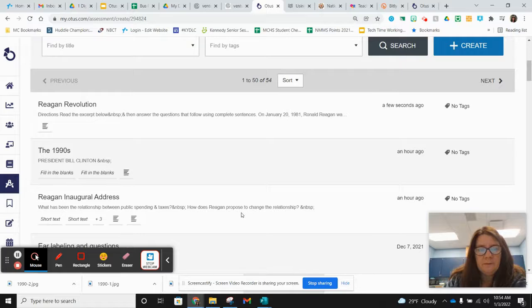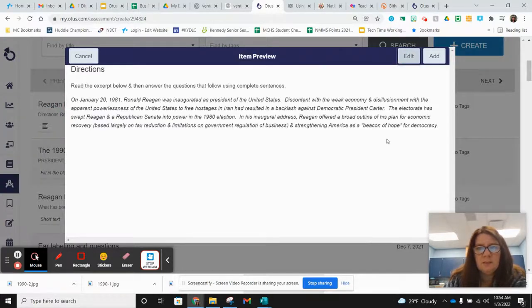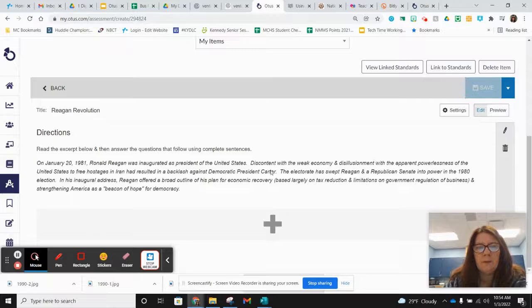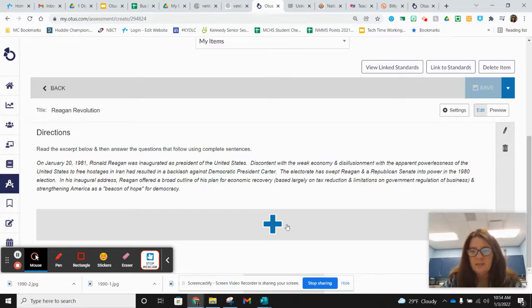and then I'm going to click back into it and click edit, which is a weird little quirk about it, because what you need next, remember, this is one item and I'm adding several layers to it. So that's layer 1, is just the directions. The next layer is this little plus sign right here, and I'm going to click it,